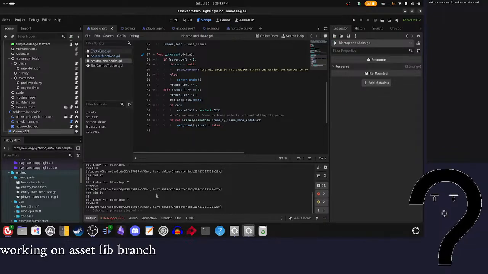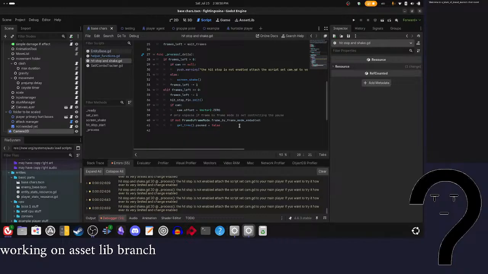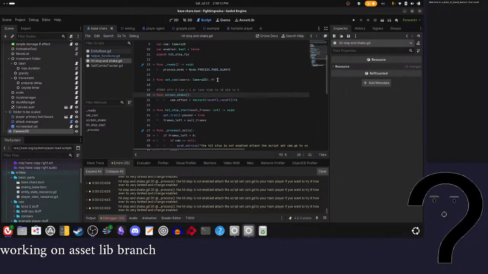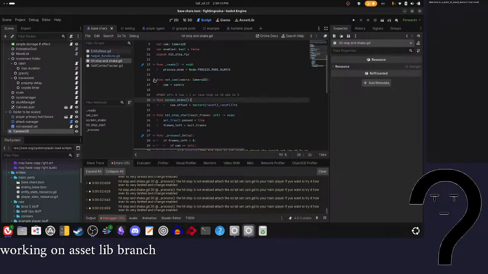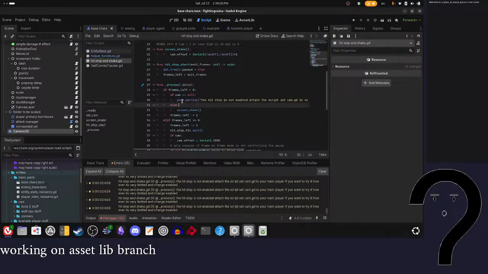The hit stop is very important, but I put in a process function. It's a terrible idea. Warning in a process function. If I put in screen shake, it's also a process function basically. Actually, yeah, just